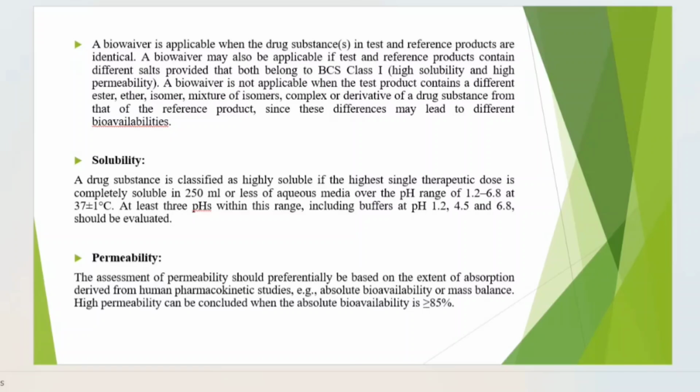So a drug substance is classified as highly soluble if the highest single therapeutic dose is completely soluble in 250 ml or less of aqueous media over the pH range of 1.2 to 6.8 at 37 degrees Celsius. At least 3 pHs within the range, including buffers at pH 1.2, 4.5 and 6.8 should be evaluated. So here we can see